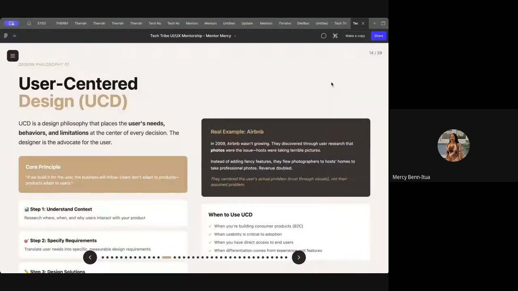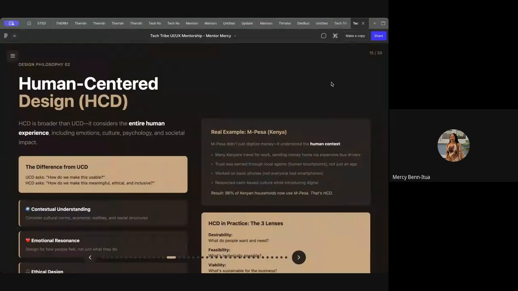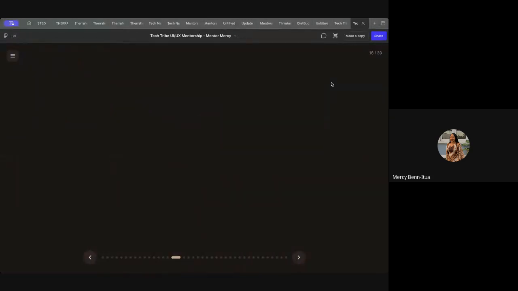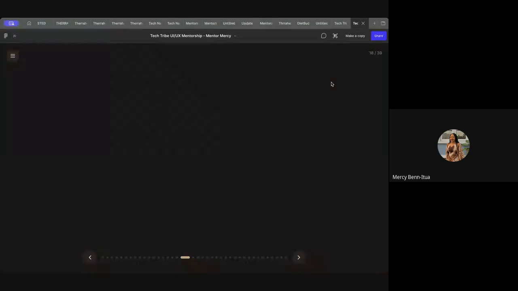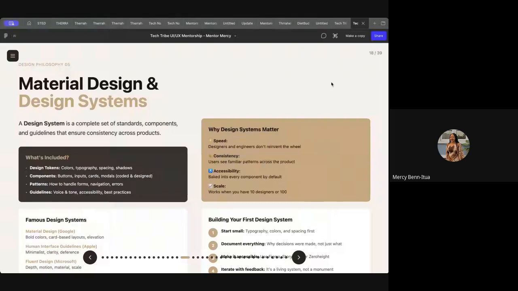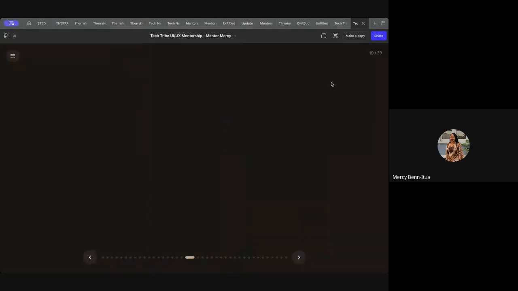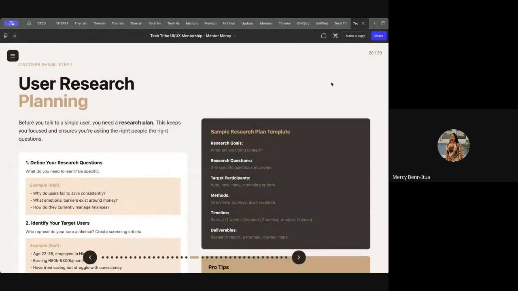the different design philosophies that we have. We talked about user-centered design. We talked about human-centered design. We talked about design thinking, lean UX and agile design. And we talked about design systems. And then we made sure that for this class, we're going to use user-centered design as our compass, as the framework,